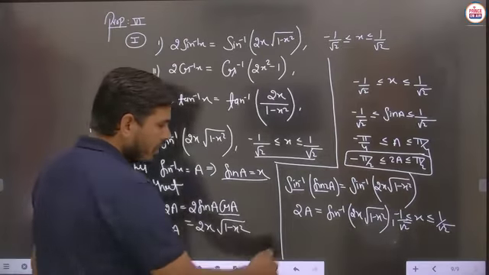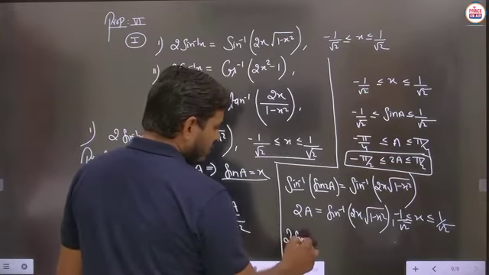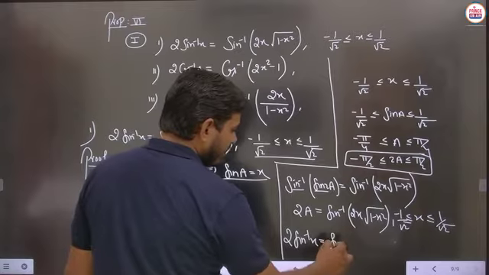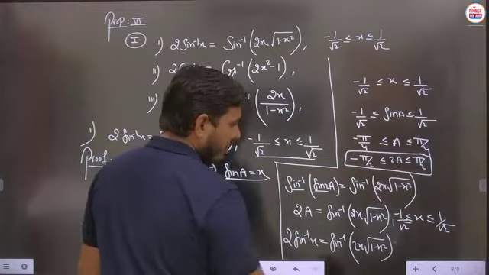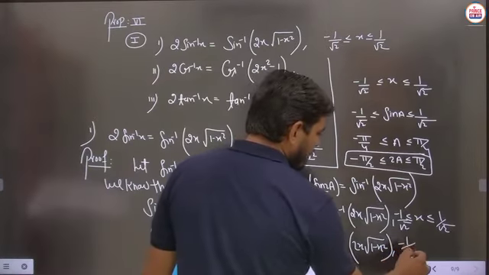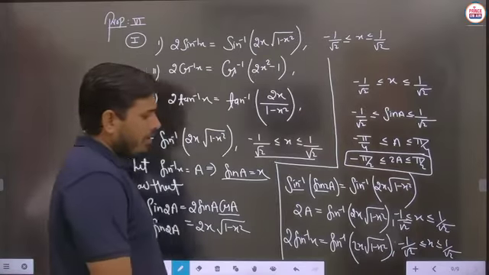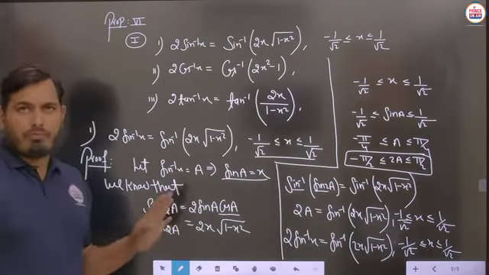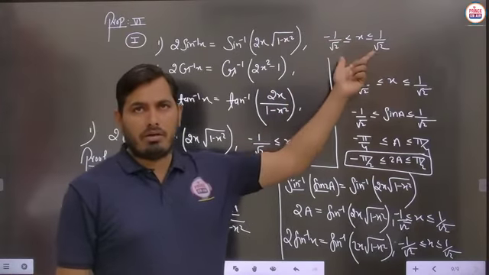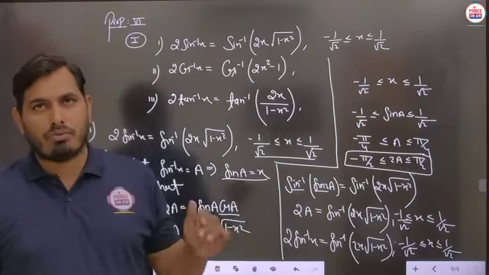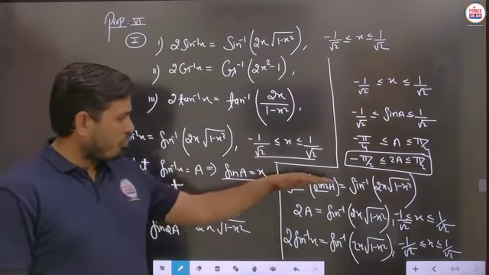Now what is a? Definitely a is sin inverse x. So you can say that 2 sin inverse x will be written as sin inverse of 2x under root of 1 minus x square, and here the condition is x from minus 1 by root 2 to plus 1 by root 2. Is it clear? So easily, students, you can do the proof, but what should be the use of such basic thing, that should be defined for x, is to be used. So whenever we have to take the inverse, up to this part we have to do the same process.